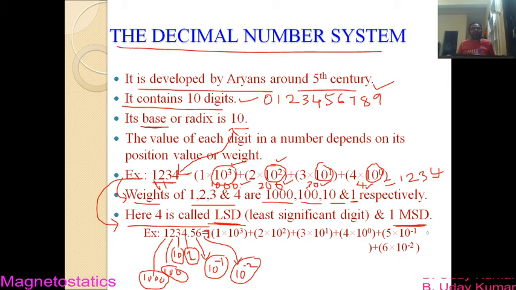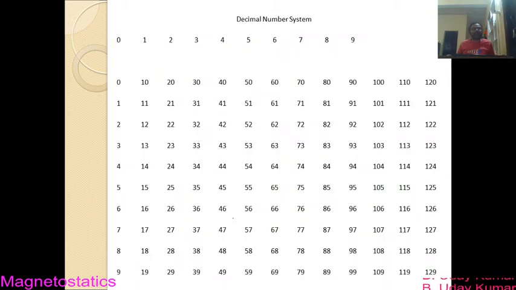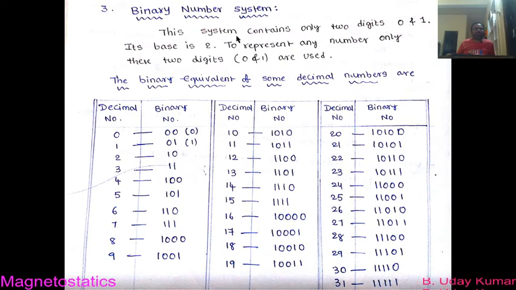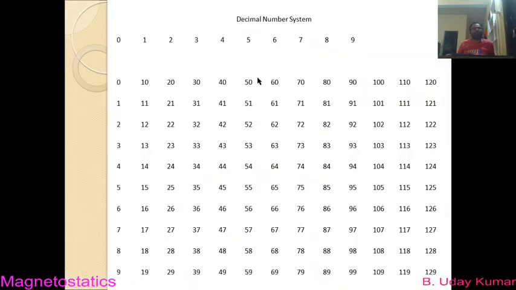Okay. So anyway, let us move on to our next slide. So this is how the decimal number system can be written. Remember, we can write any number in the binary system also. But before moving on to the binary number system, let us recall how we write the numbers in the decimal number